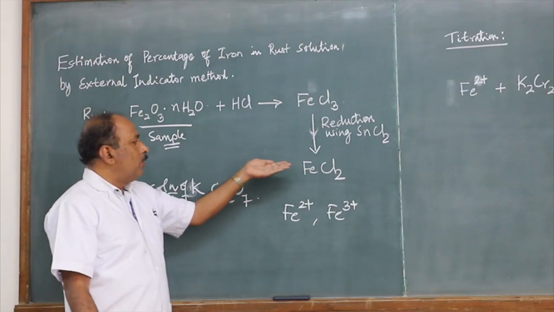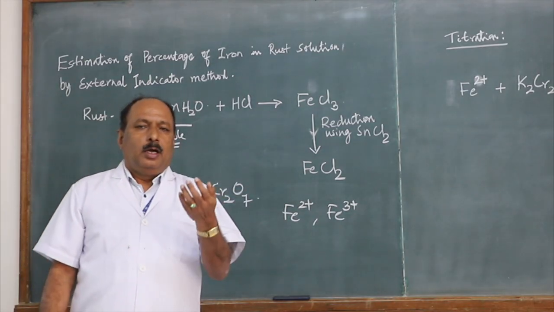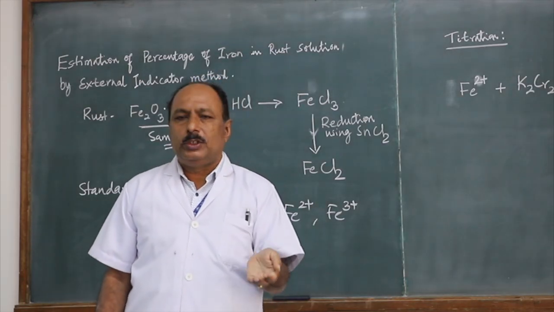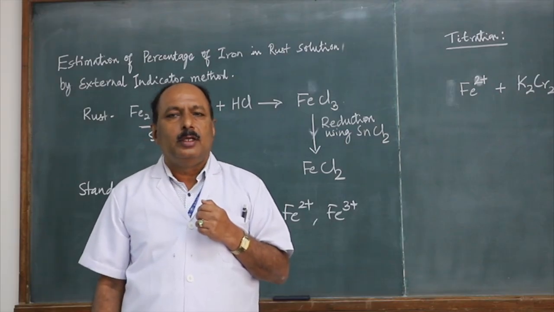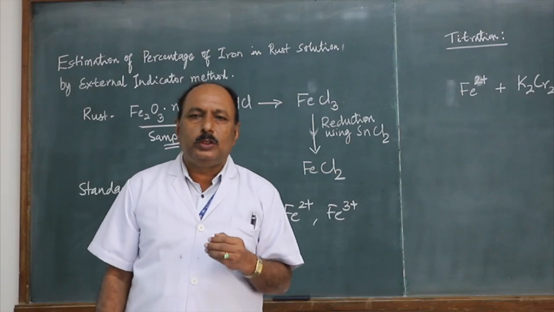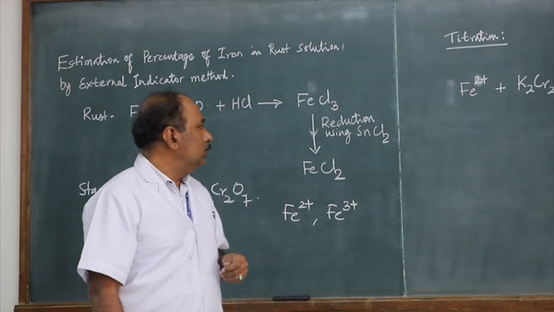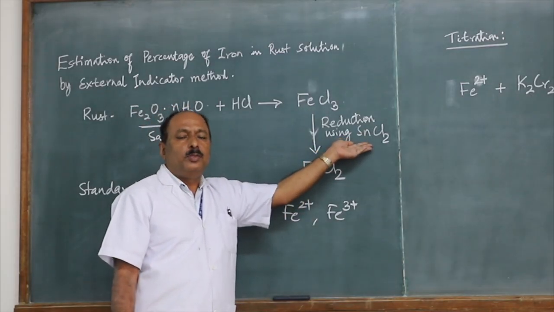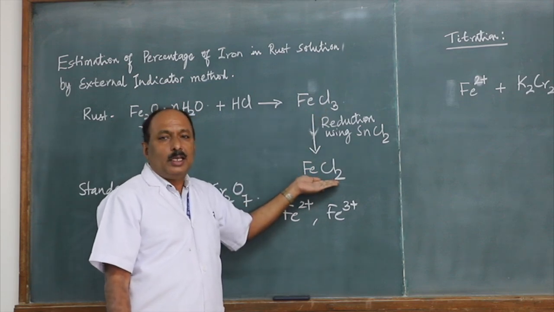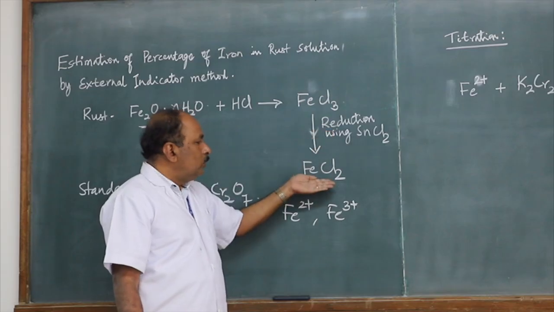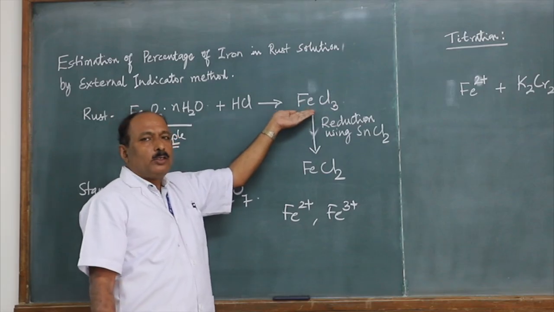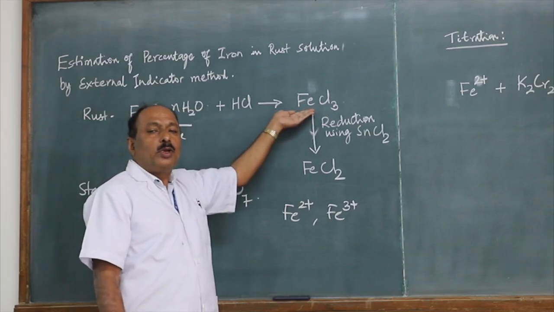In a typical experiment, a known volume of rust solution, usually 25 ml, is pipetted into a clean conical flask. To that, 1/3 test tube of concentrated hydrochloric acid is added. This solution is heated nearly to boiling. To the hot solution, stannous chloride is added drop by drop so that this yellow colored ferric chloride solution gets converted into ferrous chloride, which is colorless. Once the solution is colorless, 1 or 2 drops of excess stannous chloride is added so that if there are some traces of ferric ions left, they are removed completely.